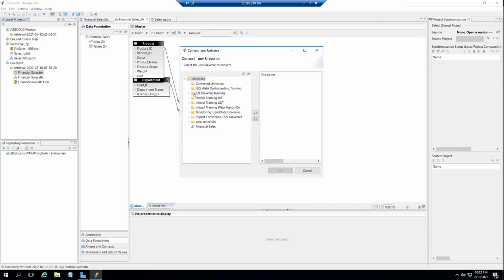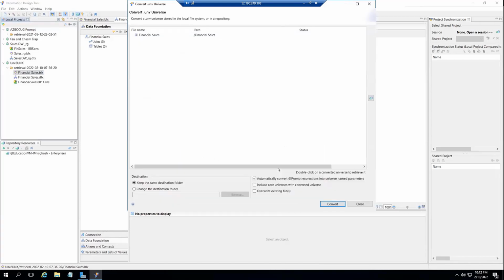And then I navigate to my, excuse me. So this is the UNV universe I have in the system. And then I go ahead and move that. This is where you can select more than one universes. But as I said, make a judgment. Do you really need to do all of them at a time? Or if you have just maybe no more than 10 universes in your system, it just might make sense to do one at a time.